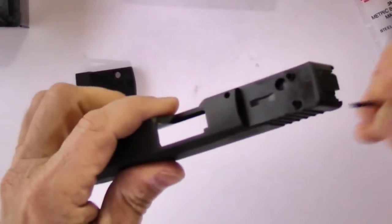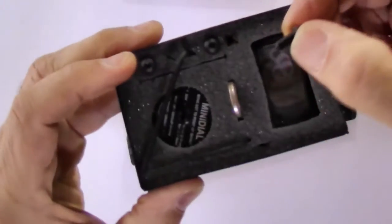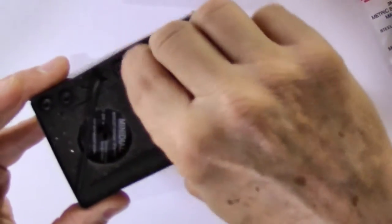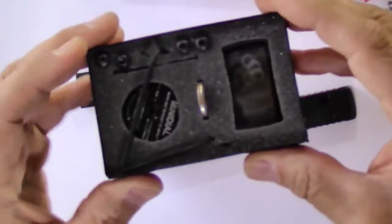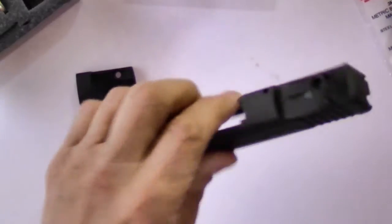All right, you may have noticed, I don't know if you noticed, but these are very small 3mm metric screws. The screws that come with the shield sights are 4mm. So none of these are actually going to work on the 365XL. These will work fine with the Hellcat and most other pistols, but the way that